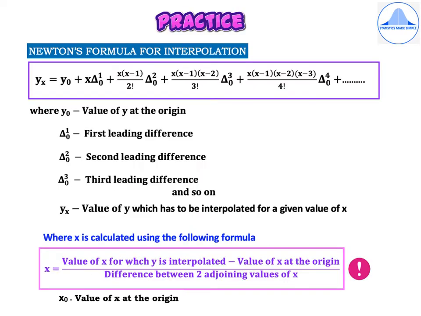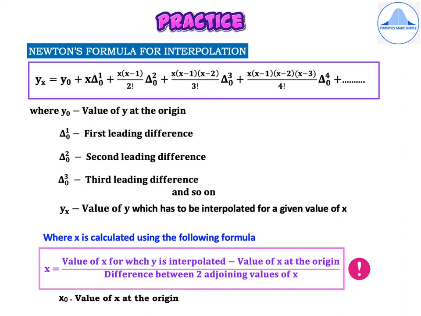Newton's formula for interpolation is a pretty long one, so you need to practice the formula repeatedly. The formula is given by yx equals y0 plus x delta naught to the power 1 plus x into x minus 1 by 2 factorial delta naught square plus x into x minus 1 into x minus 2 divided by 3 factorial delta naught cubed plus x into x minus 1 into x minus 2 into x minus 3 divided by 4 factorial delta naught to the power 4 plus so on,